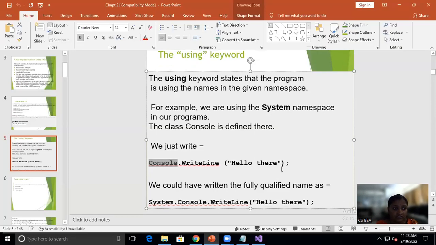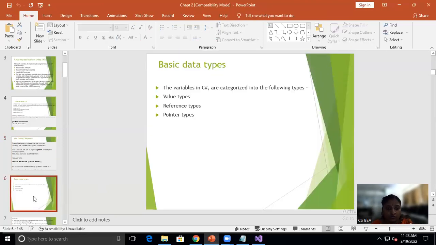Next part, we have some data types. Already we have gone through some data types. What are the data types? They are categorized into three types: value type, reference type and pointer type. So we have some basic concepts for the data types, and some data types are predefined. So what is a value type? Value data type